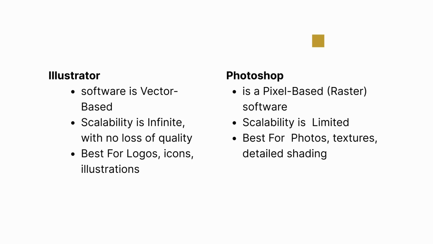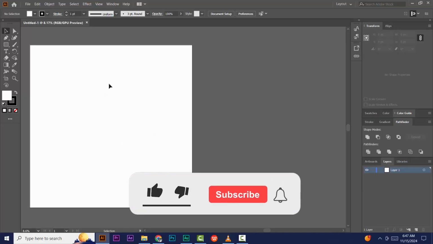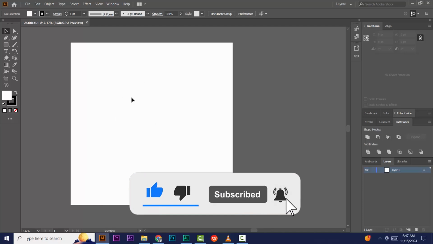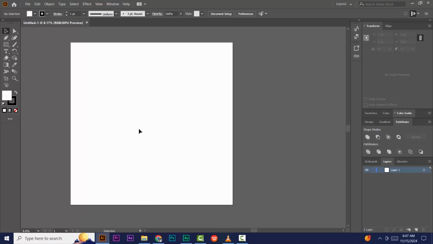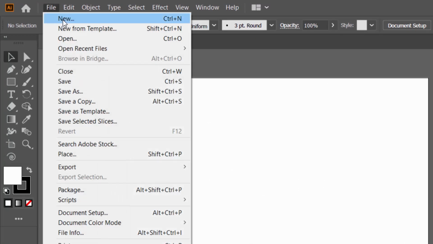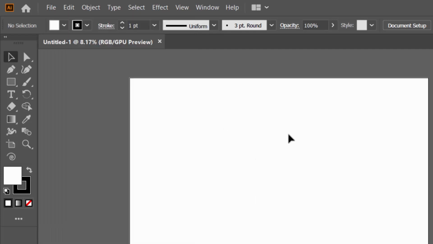Now let's look at the Illustrator dashboard. Just like we did in our Photoshop for brand identity design, Adobe Illustrator also has a similar layout but with a few changes. The main workspace area is where you create your artwork. You can add multiple artboards in a single document by going to File, New, and setting the desired number of